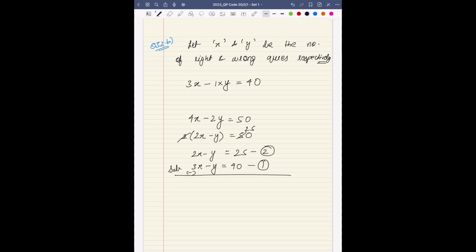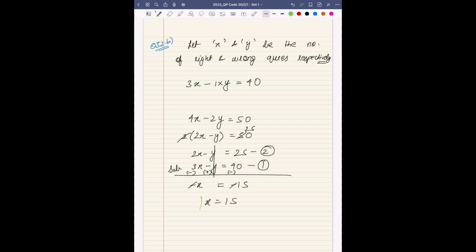Minus y minus of minus y becomes plus. 25 minus 40, put a minus. And because you have taken care of the signs, we will just add it. 2x minus 3x is minus x. This goes off. We get minus 15. 25 minus 40 is minus 15. So